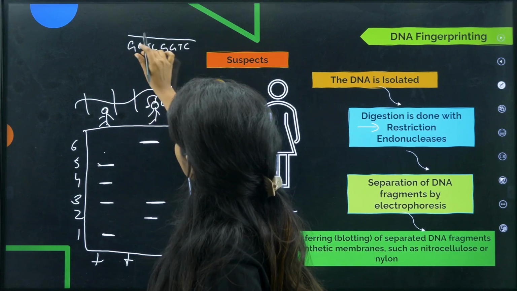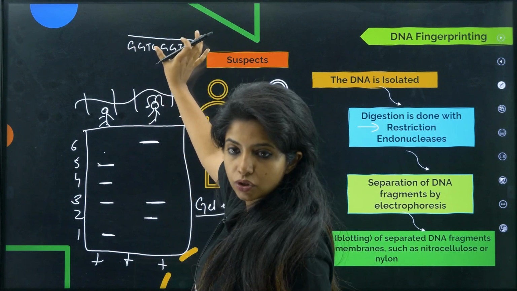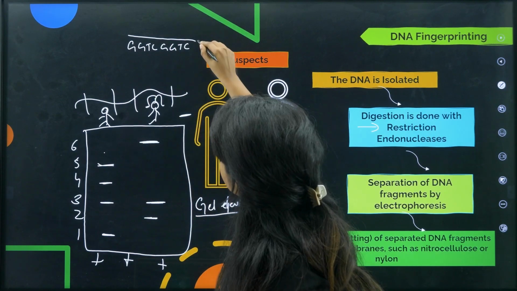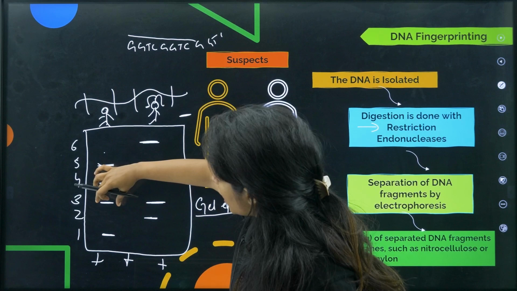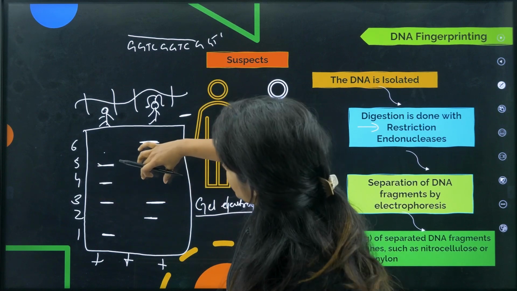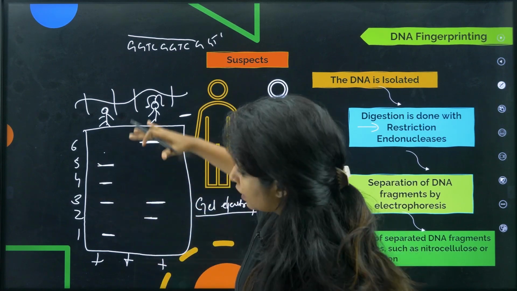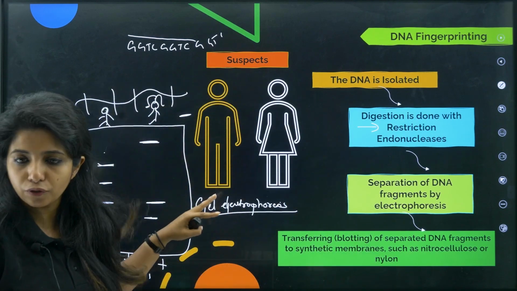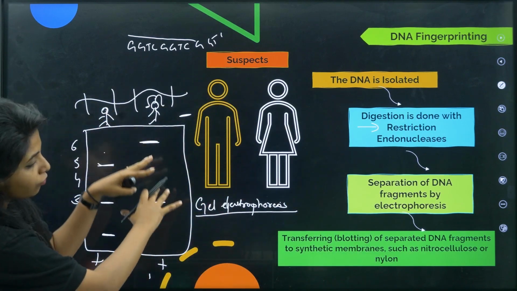GGTC, two of them are there. This sequence just has 2 repeats, so it will come and stand over here. Now suppose it has 3 repeats, it will come and be over here. If we had 4, depending on the length, it will arrange itself in this particular unit. This method is known as gel electrophoresis, where the DNA fragments are being